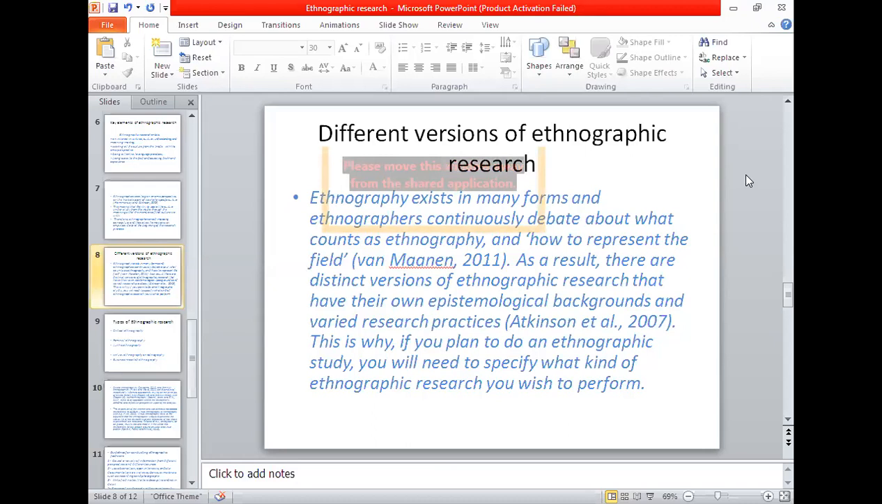But because we have limited time, and because we are trying to understand ethnography, we are not doing ethnography practically right now. We are just studying that this is ethnography. That's why I have put the explanation. Now, ethnography exists in many forms, and ethnographers continuously debate about what counts as ethnography and how to represent the field. There are different types of ethnographies. That's why the ethnographers